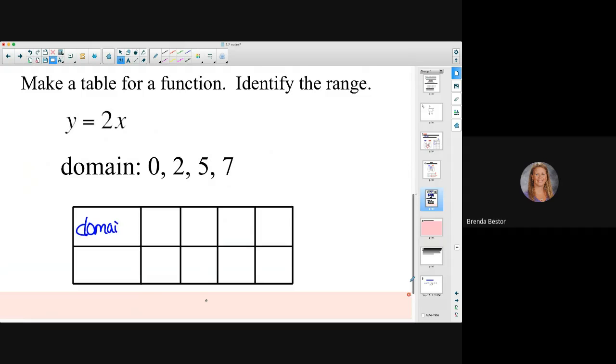Okay, domain, range. They gave you the domain 0, 2, 5, and 7, but those are independent. They gave us 4 random independent variables. These are dependent. It depends on what this says. This says double it. I hope you were careful when you doubled 0. I have way too many people that put 2 times 0 is 2. 2 plus 0 is 2, but not 2 times 0. 2 times 2 is 4. 2 times 5 is 10. Yeah, anything times 0 is